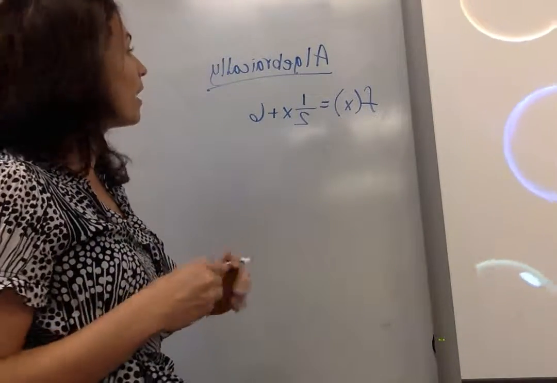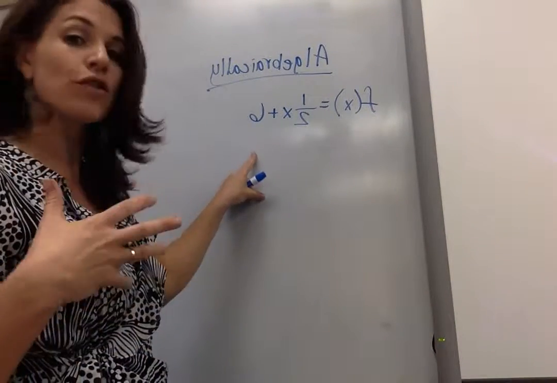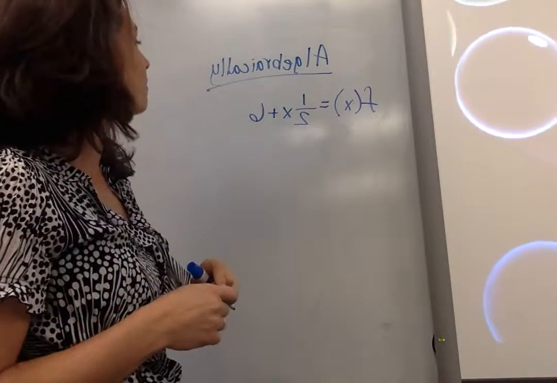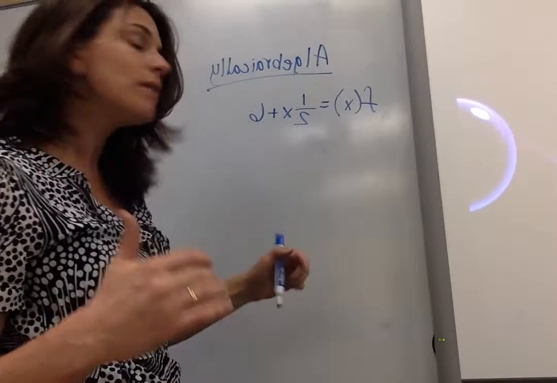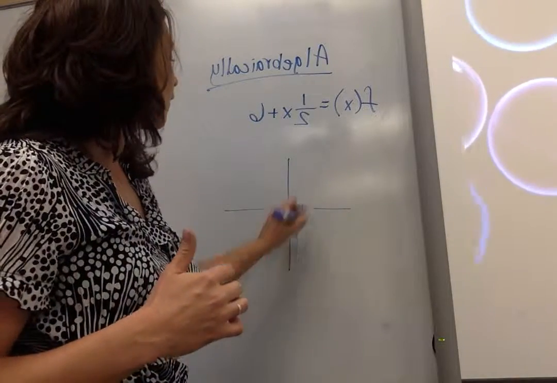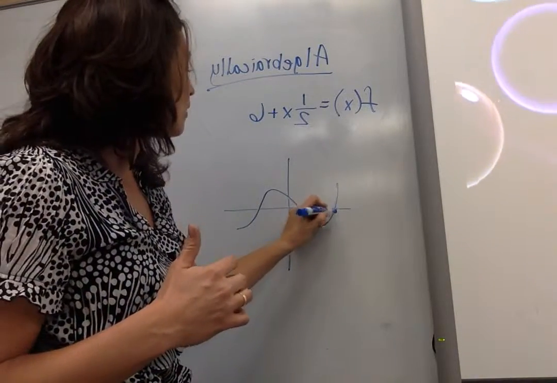Let's take a look at what it means to solve algebraically for a root of a function. We know that the root is where it crosses the x-intercept. And notice on the graph, if I have a graph, all these points right here,